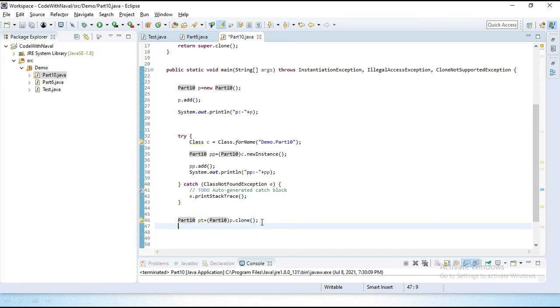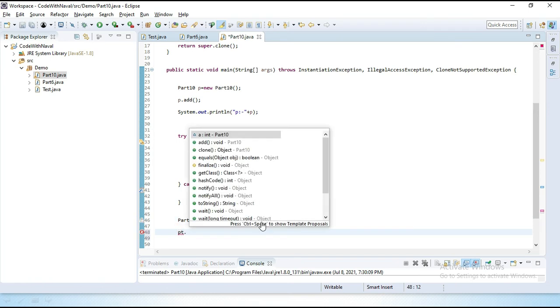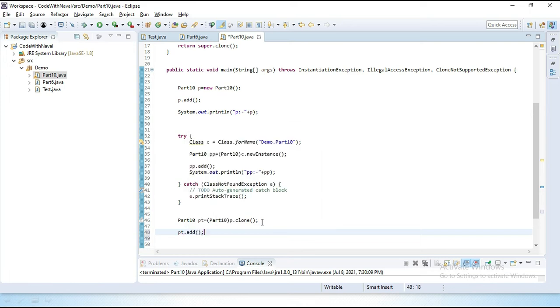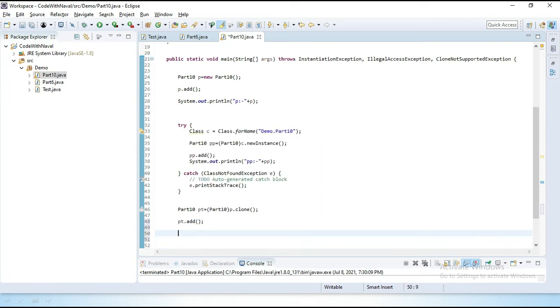Now let's print this pt. We have an add method, pt.add method, and we will simply print this pt address. Simply add here System.out.println, in double quotes, pt colon equal to, and pass pt.